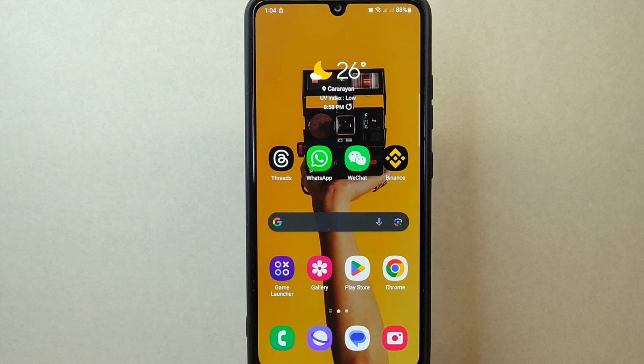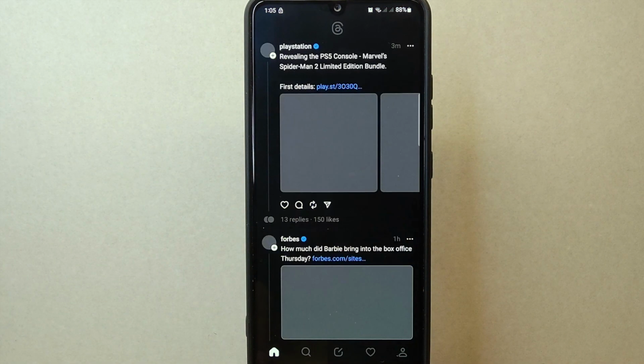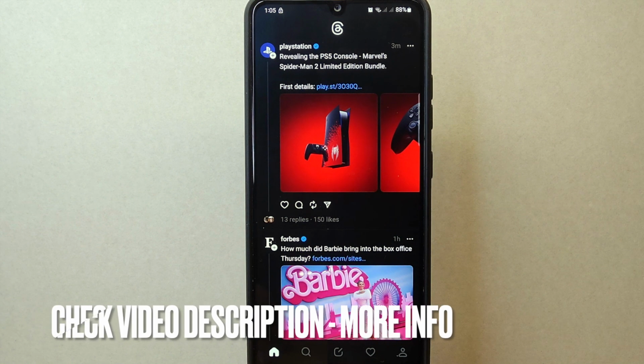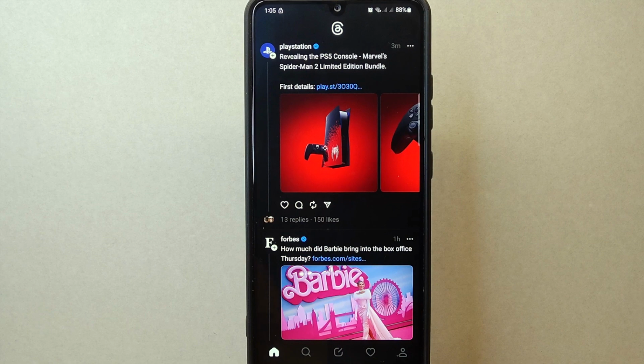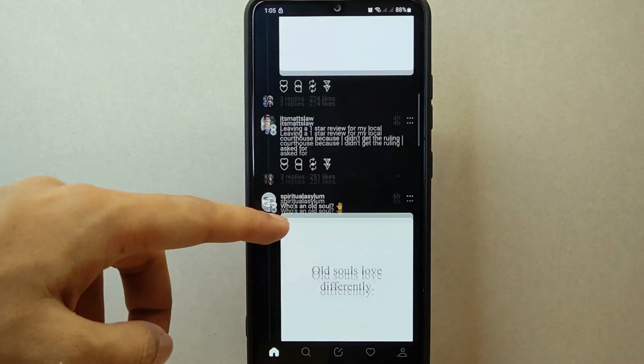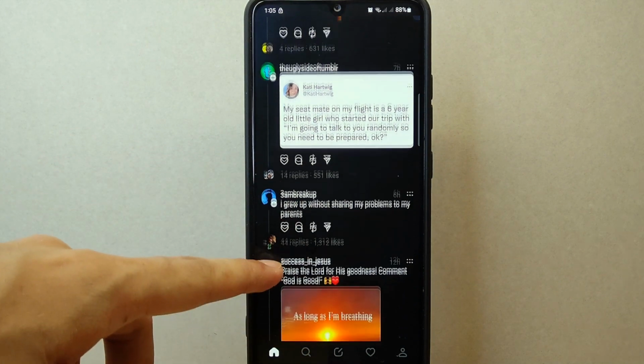So let's start. First, open your Threads application and log into your account. Once you are logged in, you will be taken to your home feed. Now, navigate to the post that you want to hide. You can do this by scrolling through your home feed or by visiting the profile of the user who made